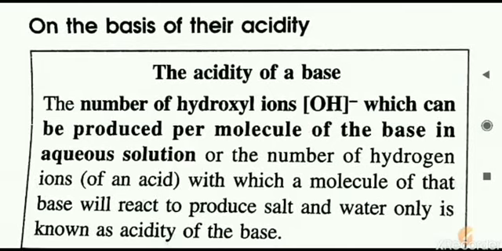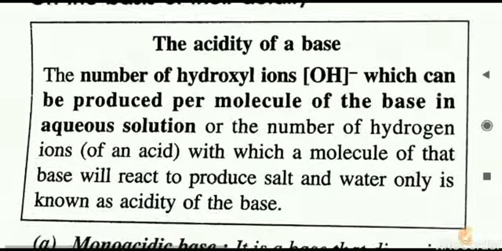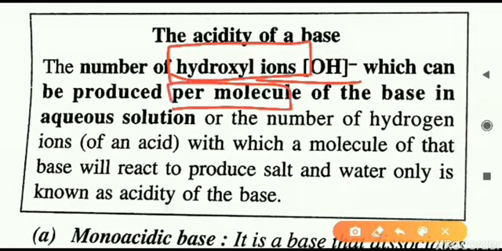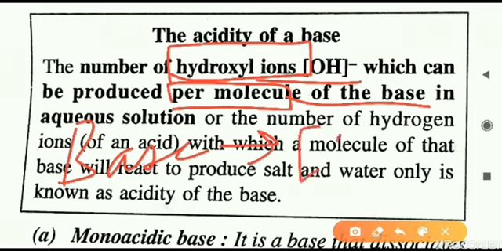So this is what we have seen, the strong bases or strong alkali and the weak bases or weak alkali. Apart from this, there is one more method of classification of the bases, that is done on the basis of acidity. This concept is similar to what we have seen in the acids. Acids are classified on the basis of basicity: monobasic, dibasic, tribasic. Similarly, here we will see the classification on the basis of acidity. Now, what is this acidity of a base? Let us have a look at the definition. It is the number of hydroxyl ions, that is OH minus ions, that are produced by one molecule of the base. We have a single molecule of a base, and how many OH minus ions will be produced by that base, that will decide the acidity of that base.